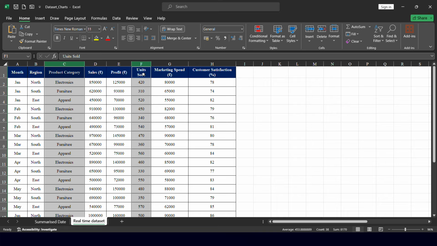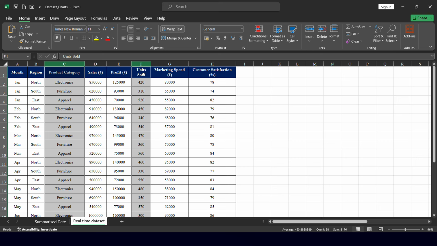Like this, multiple transactions happened for each product category in different months. Now what I mean is, with all the months put together, I want to know the total number of units sold under electronics, under furniture, and under apparel, considering all the months of those 6 months, which actually needs a proper summarization of the table if you need to